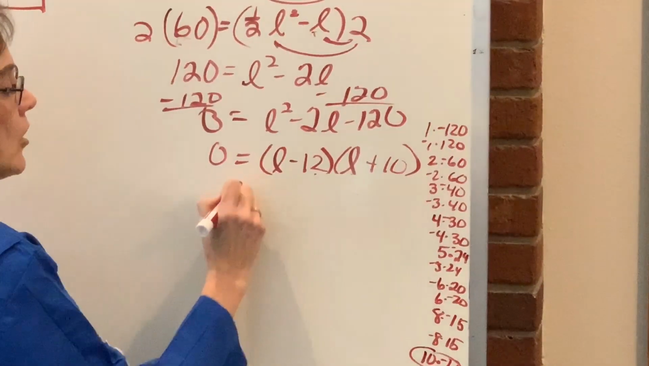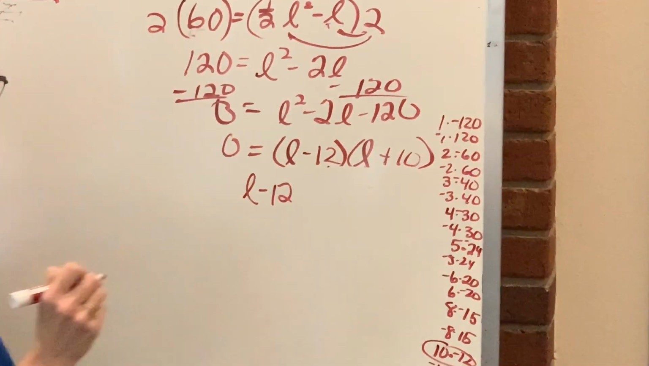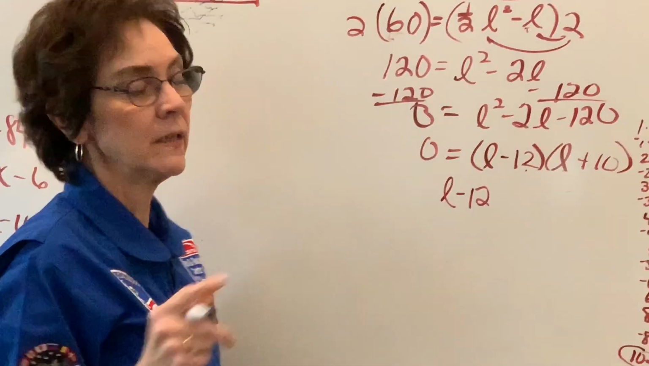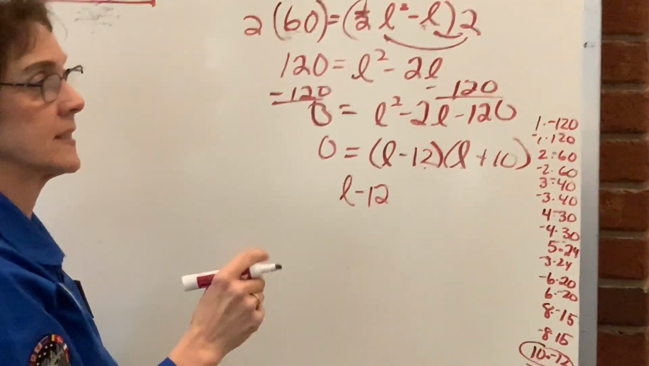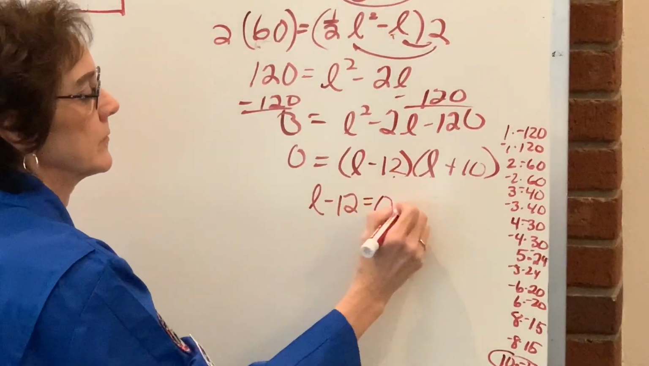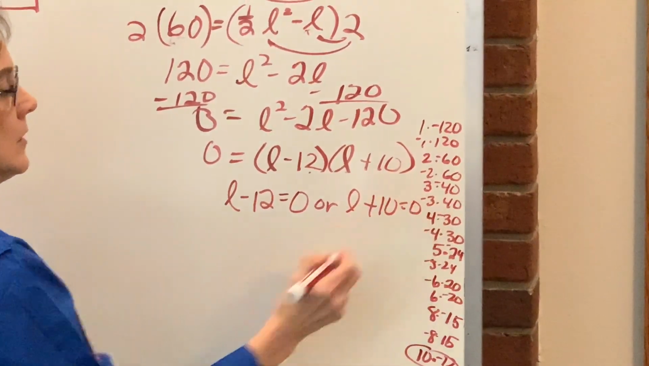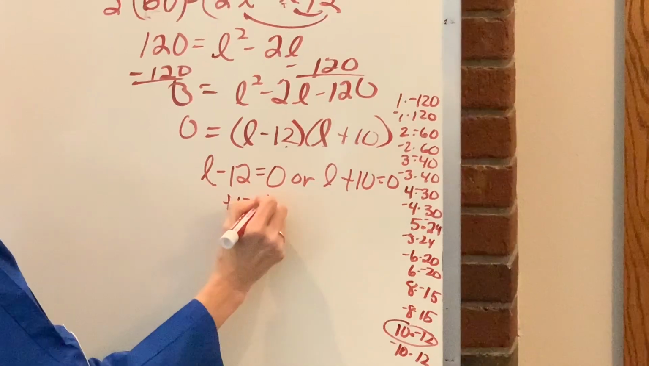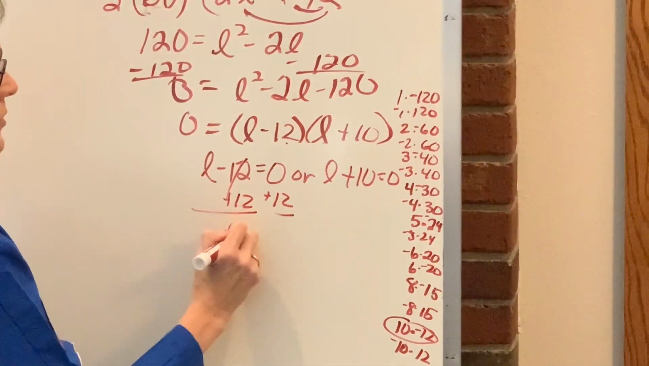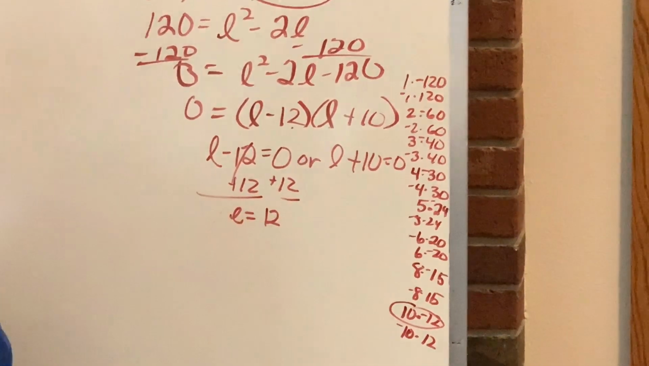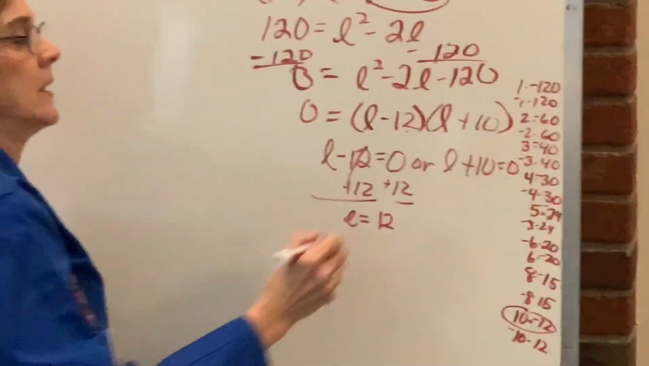All right, now solve the equation by using your zero product property. What you want is you need to set each factor to 0. So add 12. So L equals 12. So we know the length. Length is 12. And then